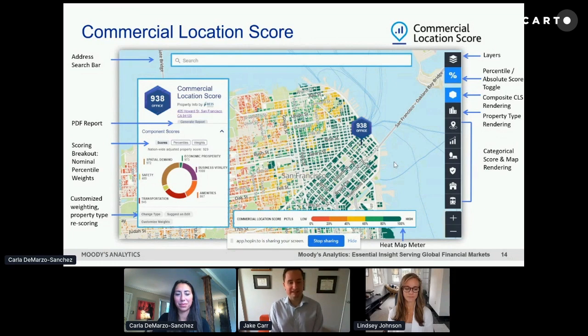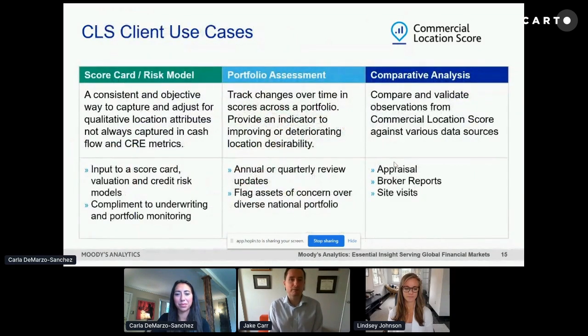And so if we move on to the next slide, after showing that great example, we can think about some of the use cases that we think clients might be able to incorporate CLS into their workflows. We start, of course, with the risk modeling side. That's our bread and butter at Moody's. In fact, CLS was built out specifically to be included in our CRE lending risk modeling framework, CMM, or Moody's commercial mortgage metrics. And just to let you in on a little secret, when we include this granular information captured by CLS, we actually improve our accuracy ratio quite a bit. So we are actually better able to explain or predict default behavior when we incorporate such granular information.